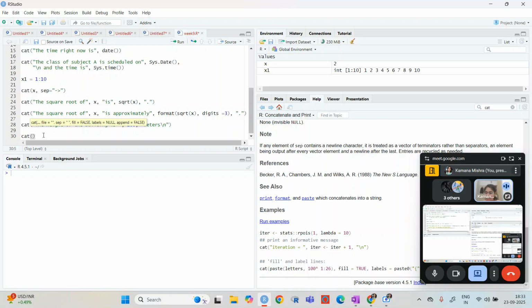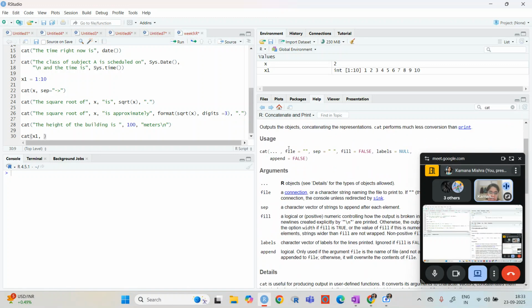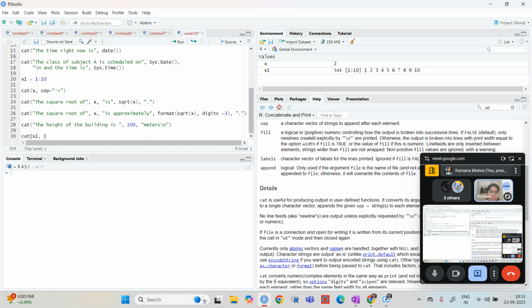And I just want to print this x1, and then here you can see that we have fill. So we can fill either by some space, or we can fill by slash n, so it will just move to the next line.